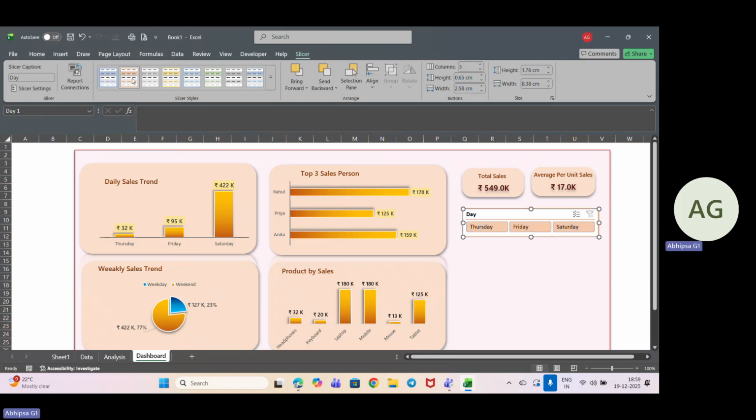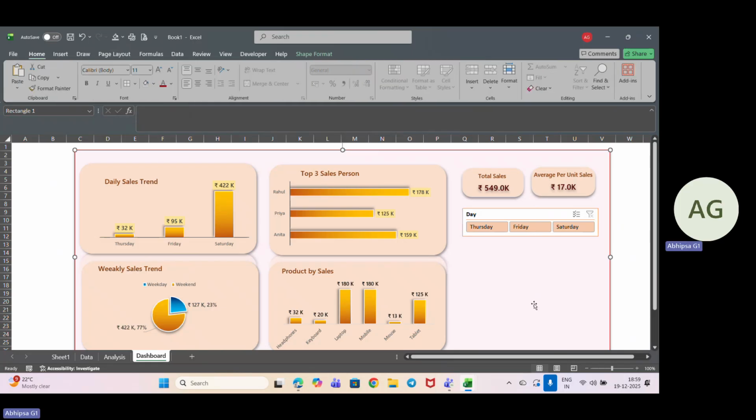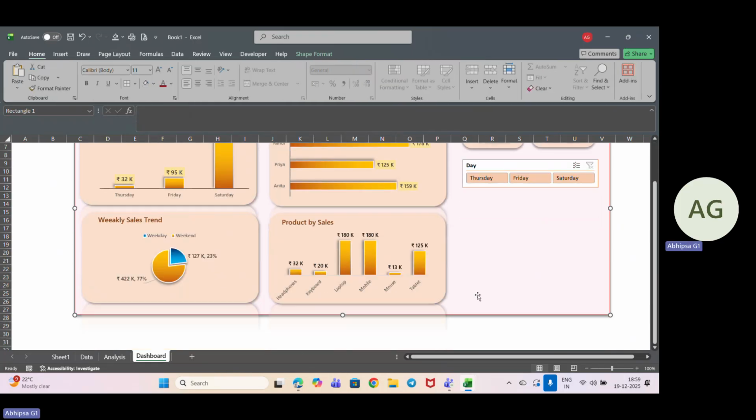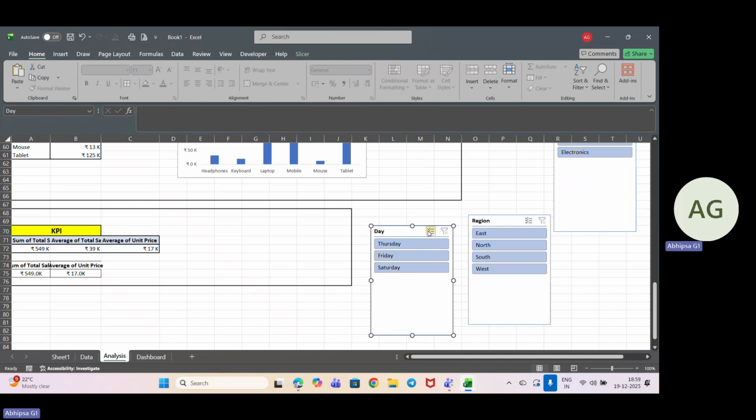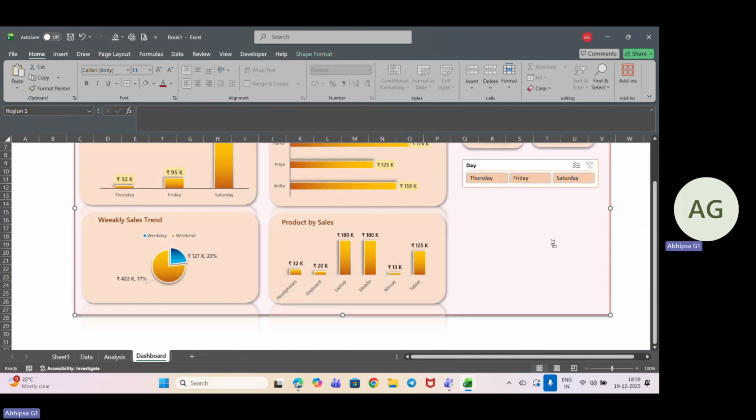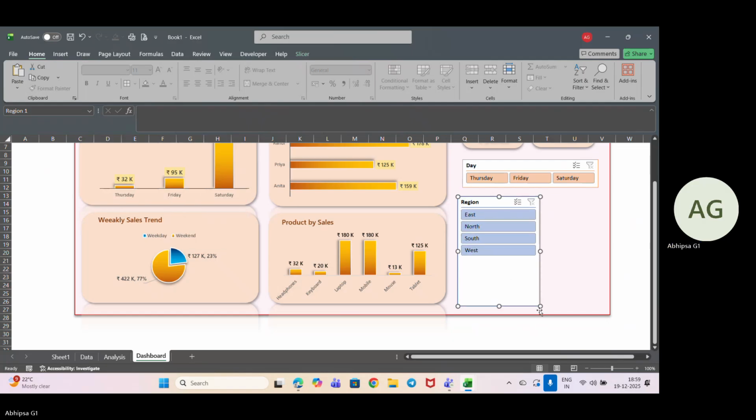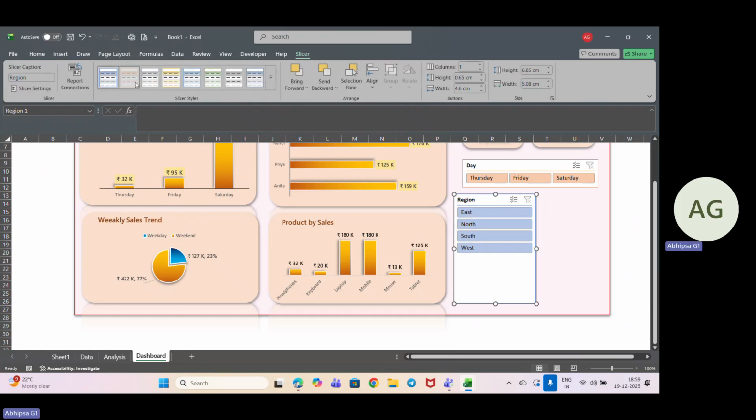And we can add the color as well like this so that it matches accordingly. Now coming down to the second one, the region one, Control C, Control V. So we'll keep it like this. Slicer, we'll add the